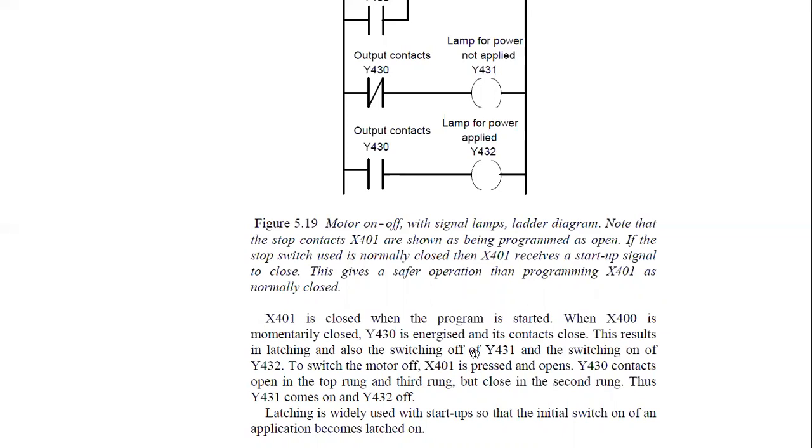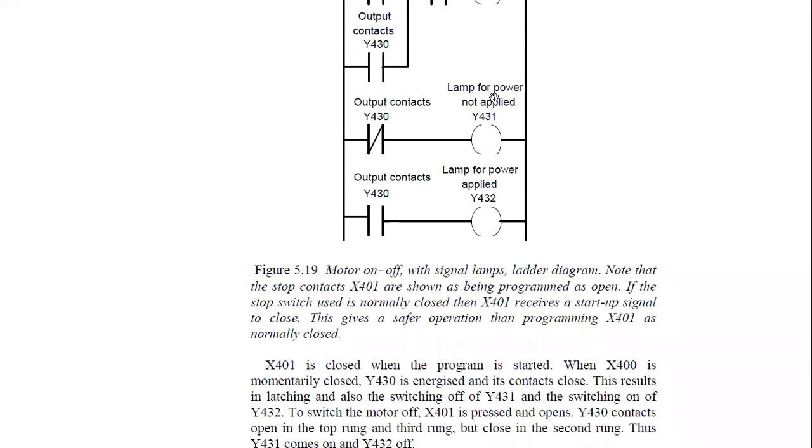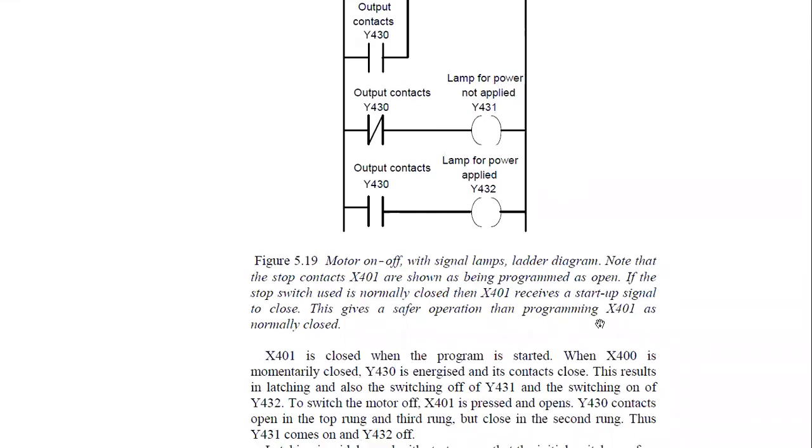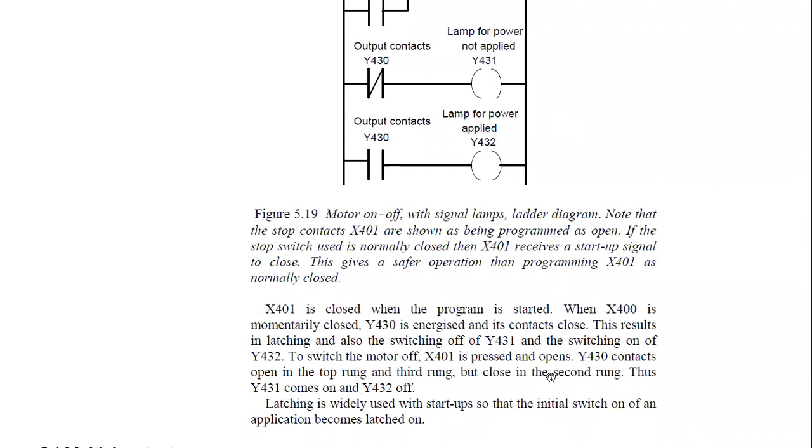And also the switching off of Y431, this is the second, that is the lamp for power that is not supplied. So that lamp for power that is not supplied is switched off. And the switching on of the second output, that is a lamp for power that is applied, that is the Y432. So to switch the motor off,